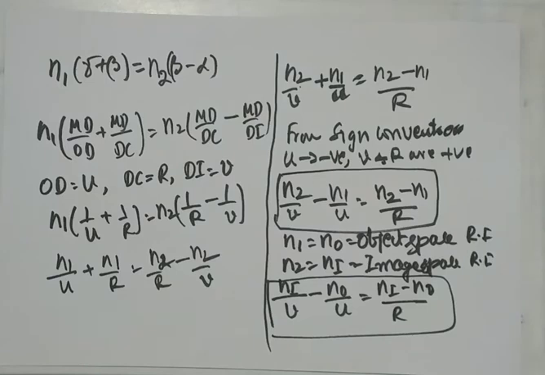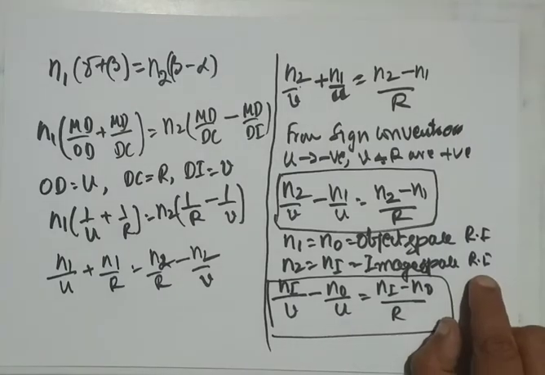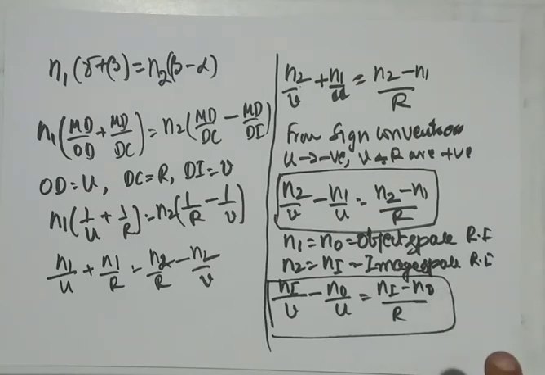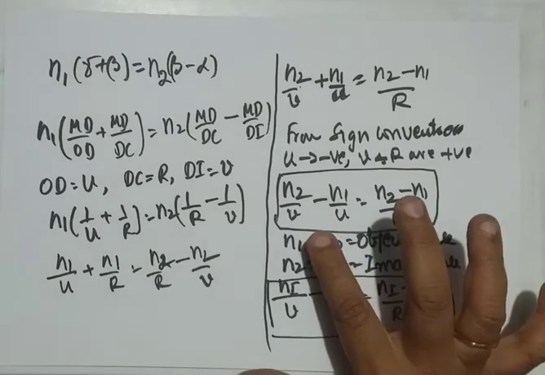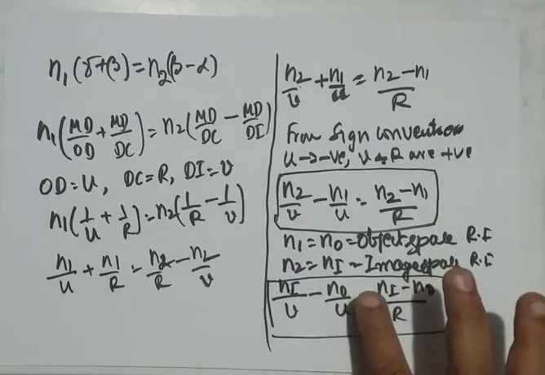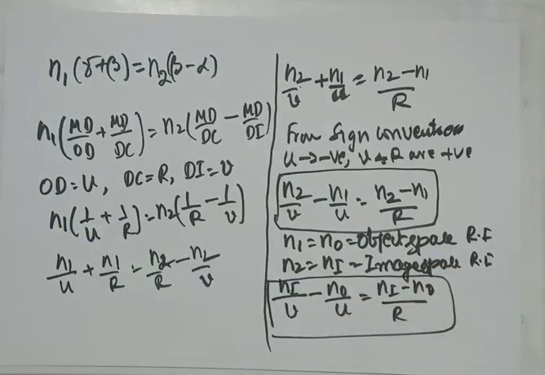And to easily remember, we can also get the idea of image space and object space. Object space is the space where the incident ray is traveling and its refractive index is mentioned as nO instead of n1. Image space is the one where the refracted ray is traveling and it is written as nI. Now, replacing the n1 and n2 by nO and nI, we get this relation. So, this concludes the derivation of curved surface refraction.